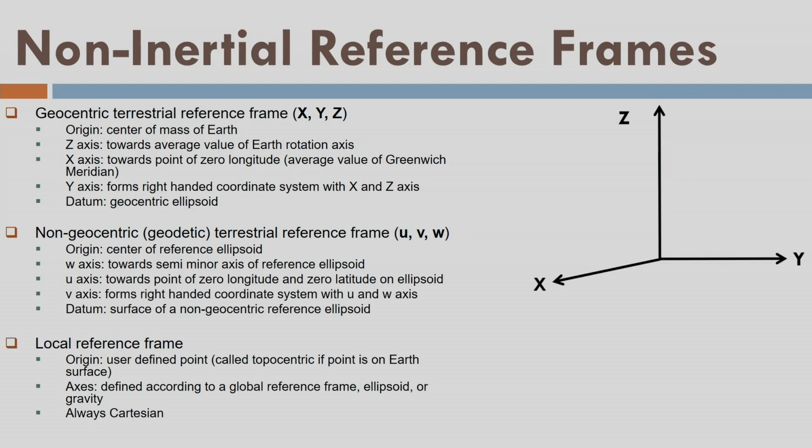Again, let us see what may happen if I have some reference frame on the surface of the Earth. I call it the local reference frame, and its origin is at a user-defined point on the surface of the Earth. Then we have axes which are orthogonally located, 3 orthogonal axes, and a Cartesian system is preferable for a local reference frame, although other possibilities are also there. We will look into this.